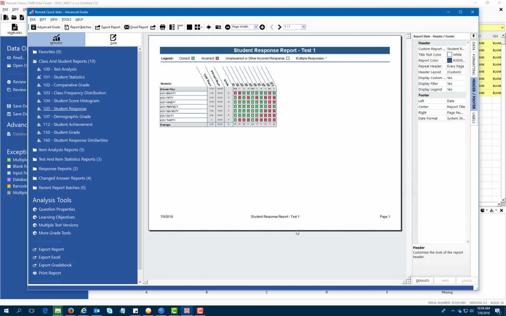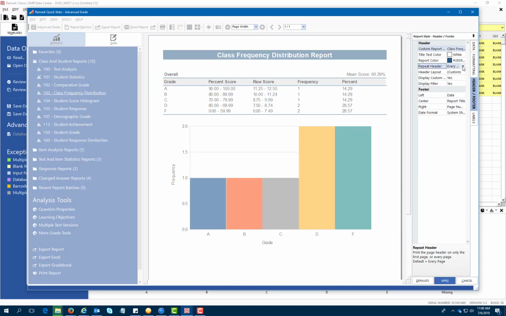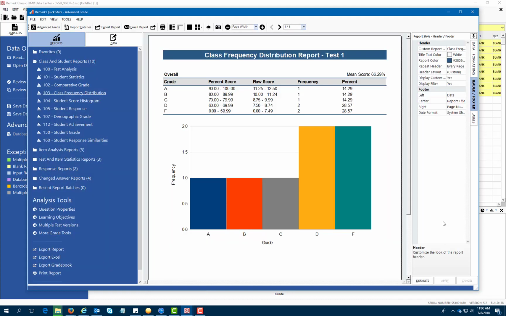The next common report is the Class Frequency Distribution Report. This report gives you a graph of your class frequency grades. Again, the header can be customized for this report in the same way as before, as well as setting it to be on every page. On this report, you do not need to change anything in the Data tab, so it is now ready for